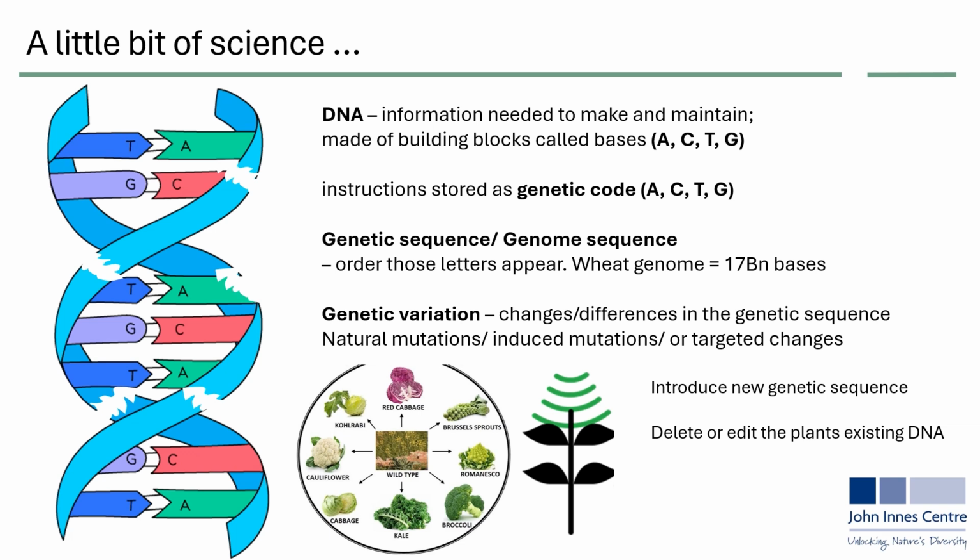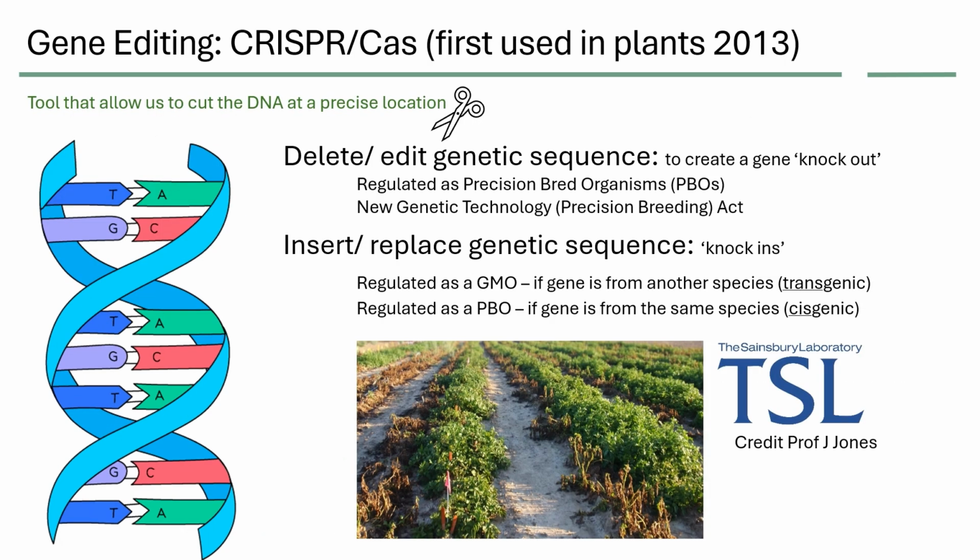So genetic technologies. Gene editing is an example of new genetic technologies. There are a number of different gene editing tools out there, but one called CRISPR-Cas is probably the most popular. That stands for clustered regularly interspersed palindromic repeats, which doesn't help explain the technology, but it was first identified in bacteria. And it was first used to edit genes in plants in 2013, and we've been routinely using it now at the John Innes Centre